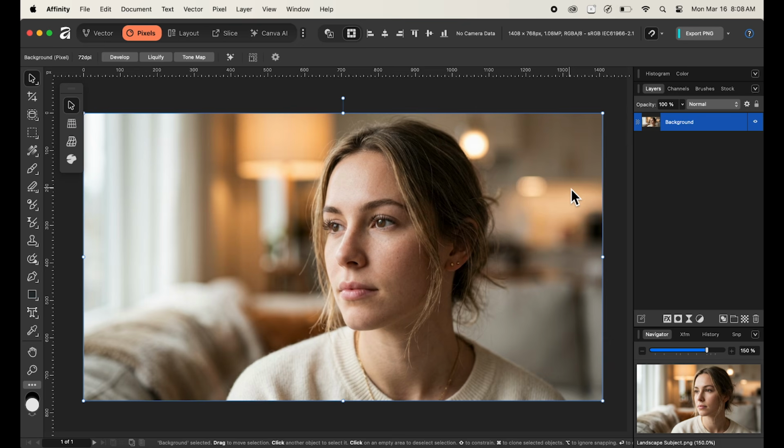And the next thing that we'll be doing is changing the name of our background layer inside of the layers panel. For that, I'll double click on the text of our background layer and then rename it to portrait just for organization purposes. And now after renaming our image layer to portrait, the next thing that we'll be doing is applying a